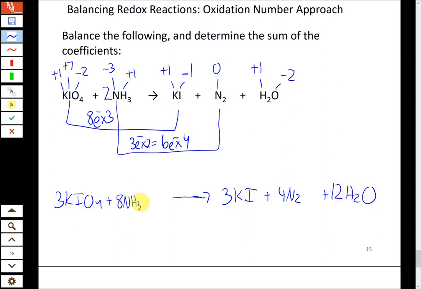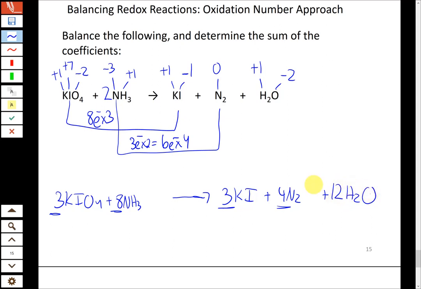Here we have 8 times 3 is also 24. So whether you chose to balance hydrogen or oxygen first, you just put a coefficient of 12 in front of water, and that's all you need to balance the rest. Again, once we set these coefficients for the ones that are being oxidized and reduced, we don't want to change them after the fact. So we'll keep those as they are, and we'll just adjust the coefficient on water